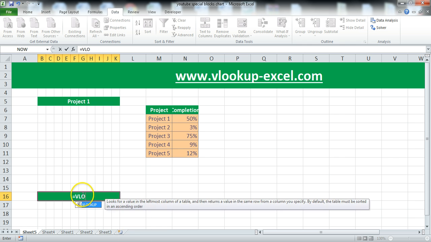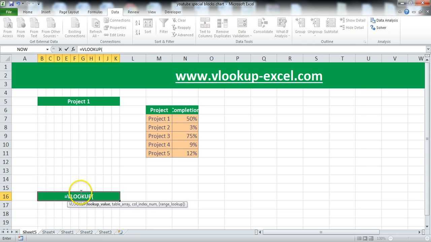We type in VLOOKUP, open parentheses, then we select our value. This is our lookup value, because it's based on this. If it's this, then we should search here for the value number 50. So what do we do here? The table array, we select the table array as this is the entire table we want the information on. And we see here we have two columns. Column 1 is the M column in this case, and column 2, the completion. This is important because now you have to type in the column index number, and that is number